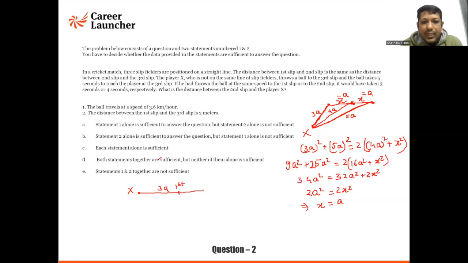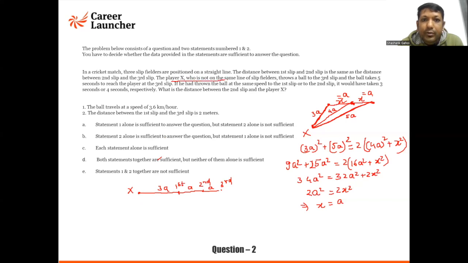This distance is A, so this distance becomes 4A. That is second slip. And this distance is third slip, and this distance is going to be again A. So total distance becomes 5A. So from the question itself, we can conclude that X is also standing at the same line, and this